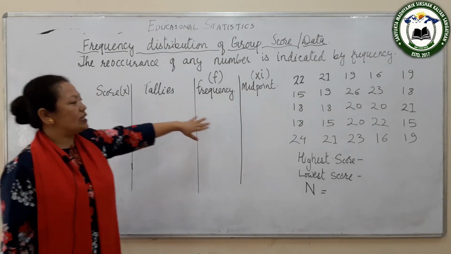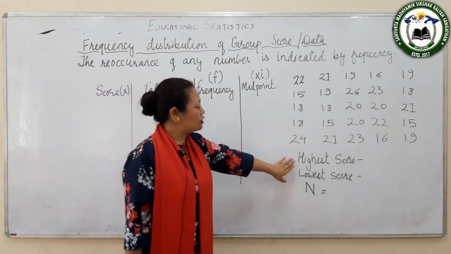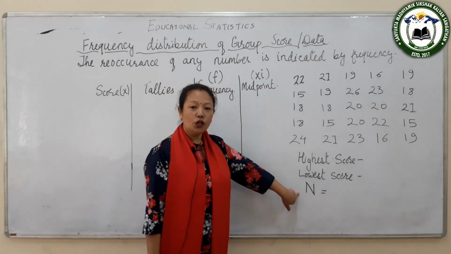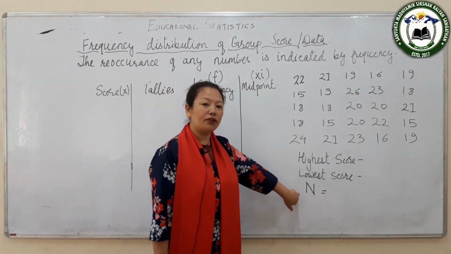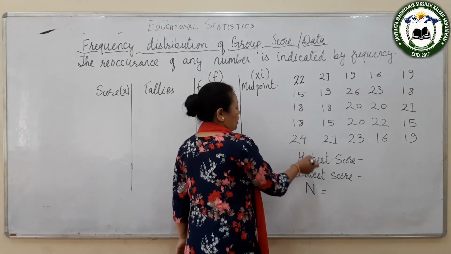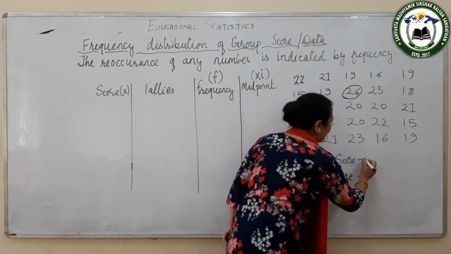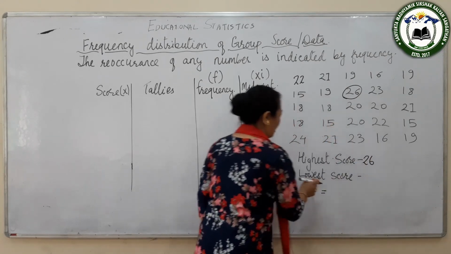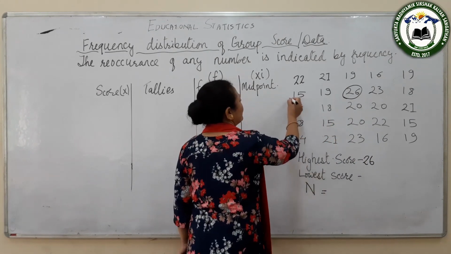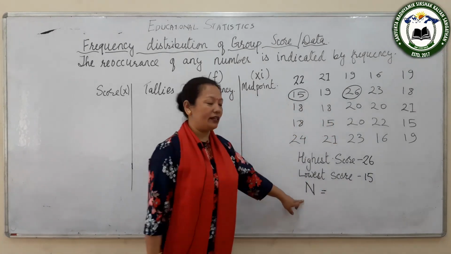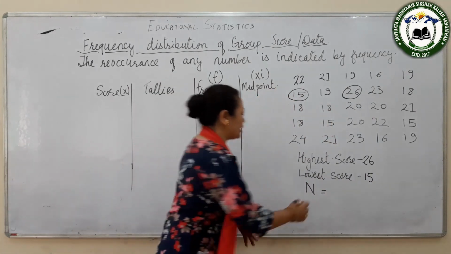Again we need the numbers. You need to find the highest and the lowest number and capital N, which means the total number of the score. My highest score is 26. The lowest score is 15, and my capital N is